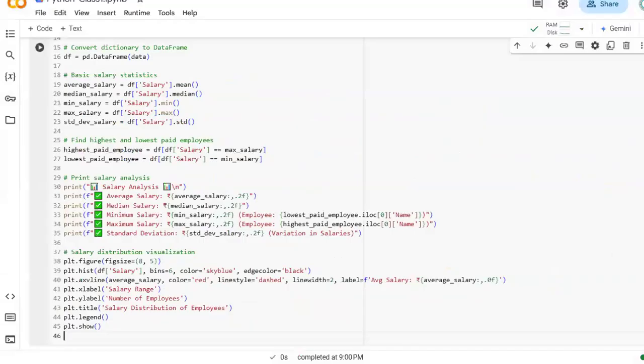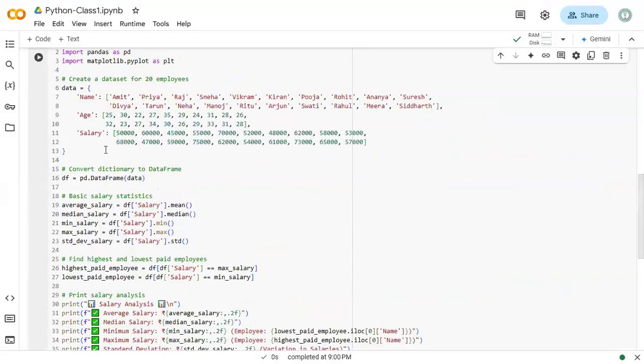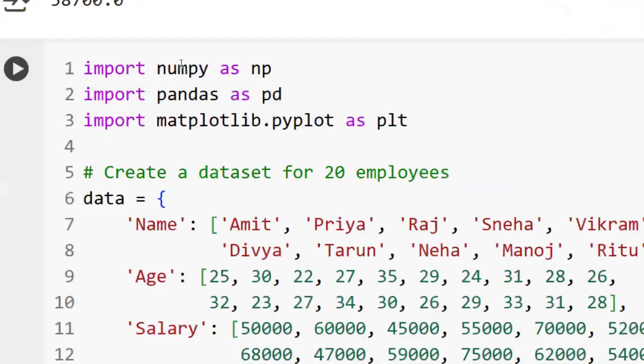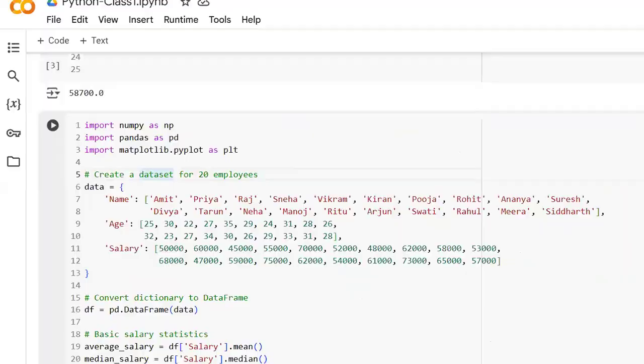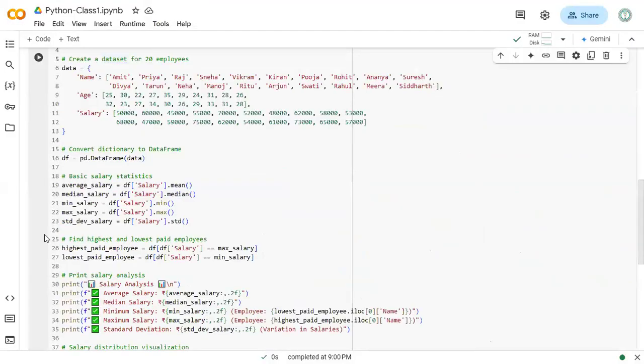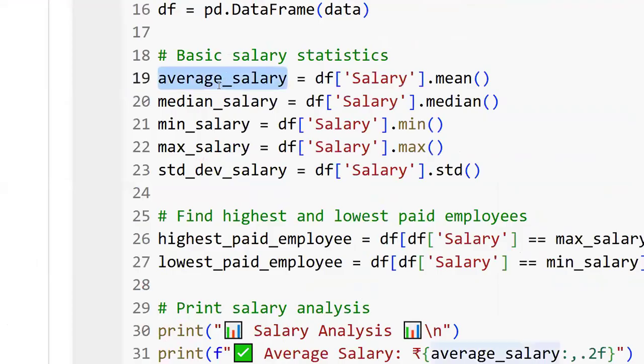See now, this is one more algorithm. Here I have used NumPy for data analysis, also Pandas for data manipulation and analysis. Then Matplotlib I have used for plotting graphs. So Amit, Priya, Raj, and so on, is the data. I have data. Now I want average salary, median salary, mean salary, maximum salary, standard deviation of salary, highest and lowest